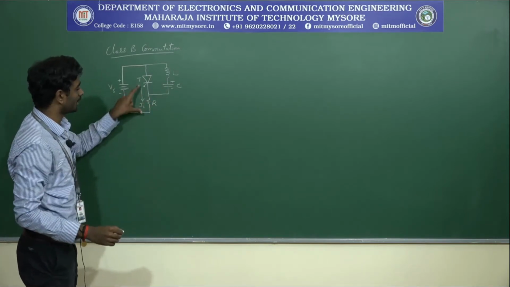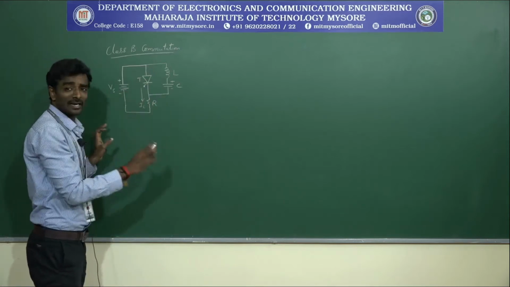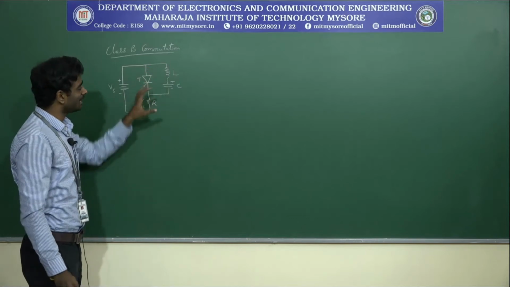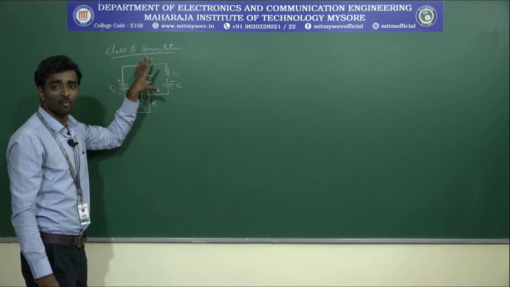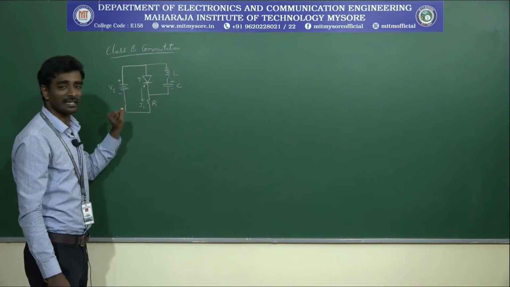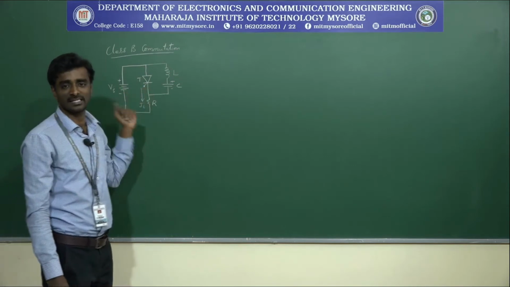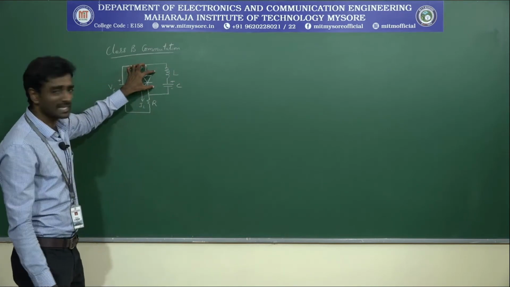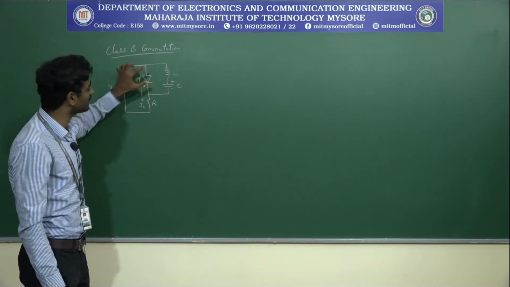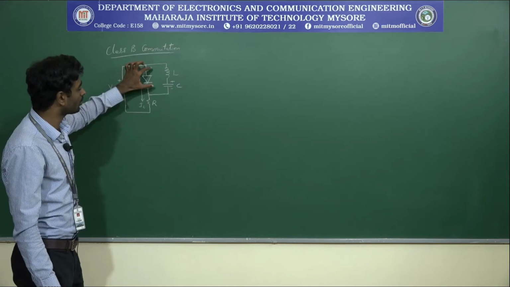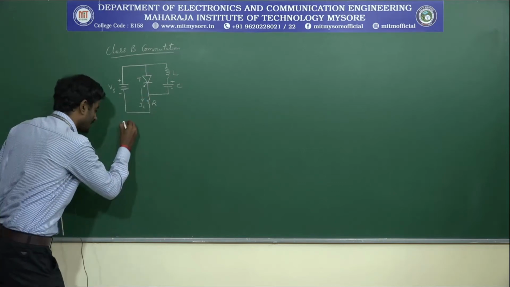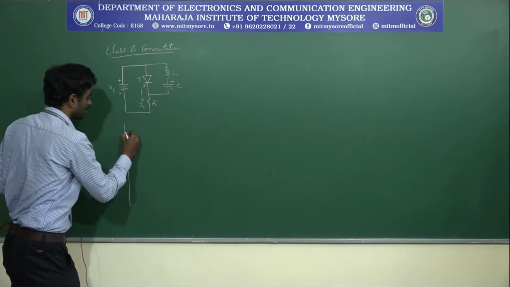Whatever current flows across the thyristor will be called the thyristor current, and similarly you will have a voltage across this thyristor. This thyristor is an SCR here, so I will call it the SCR current and the SCR voltage, that is I suffix SCR and V suffix SCR. I need to measure voltage and current across this thyristor. So, if you consider this design, how will it work?